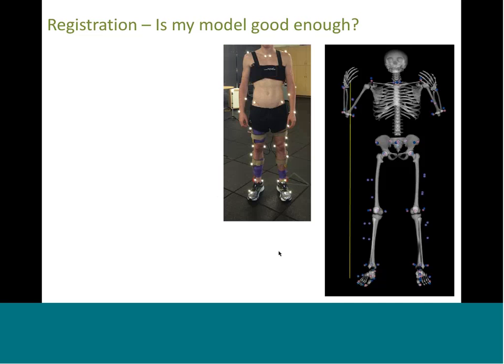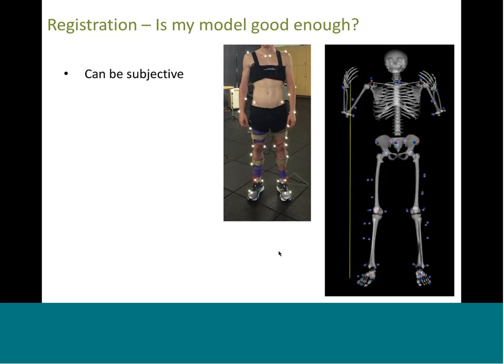After scaling your model and marker registration, we're now ready to answer the question if our model is good enough. The first thing to note is that simulation, specifically scaling a model, is a subjective process, which may initially make people uncomfortable. Two researchers, even from the same lab, might scale the model differently and come up with subtly different results. There's no one way to scale a model, and it's very possible you'll have to iterate on marker weightings and choosing scale factors. And while the subjectivity can make researchers feel uncomfortable, with experience and a methodical workflow, the